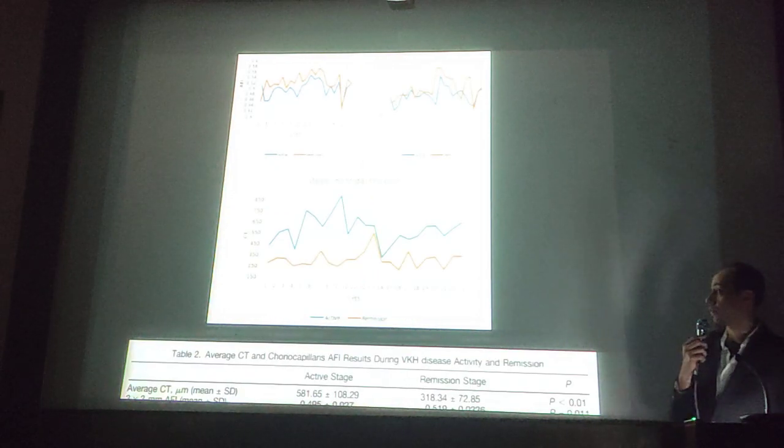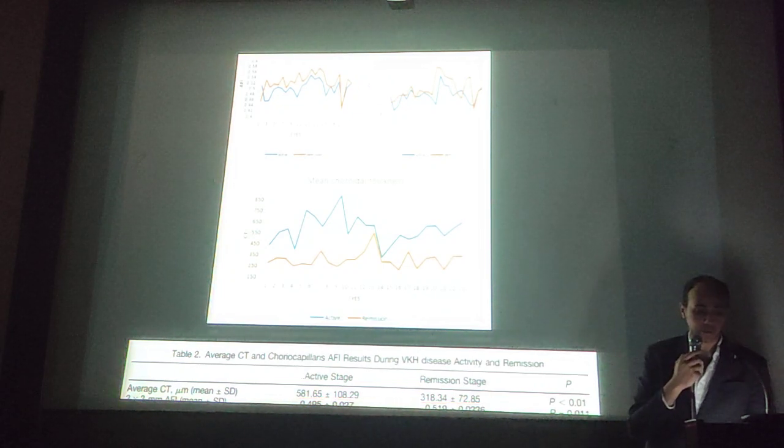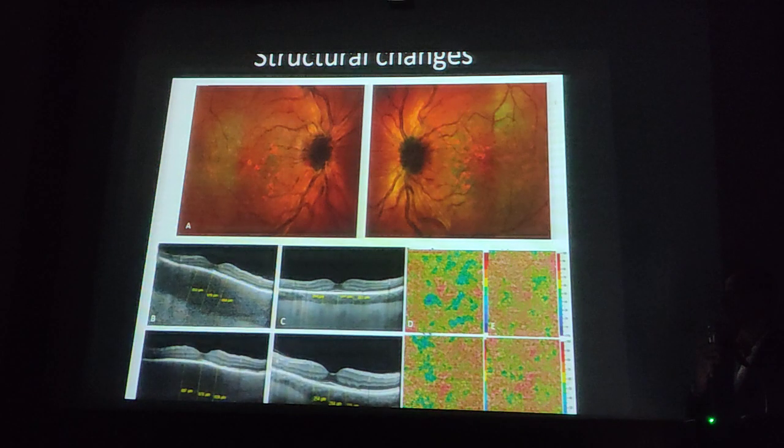This was reciprocally seen in the mean choroidal thickness. There was higher thickness of the choroid, the mean 3-point choroidal thickness, during activity rather than during remission. So this was actually pretty surprising because we walked through the numbers: less choroidal thickness during remission and higher flow during remission. So in the structural changes, this is an example of a patient where you can appreciate